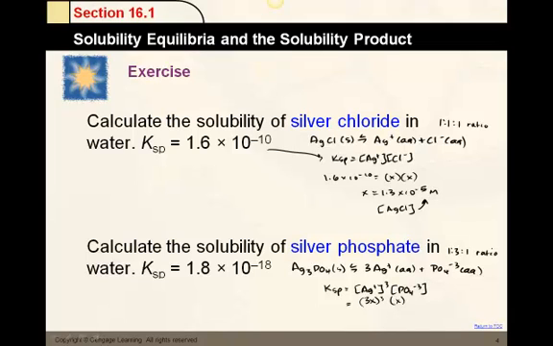When you work this out, and of course this equals 1.8 times 10 to the negative 18, you will get 27x to the fourth equals 1.8 times 10 to the negative 18, and x equals 1.6 times 10 to the negative 5 molar. And that's the maximum concentration Ag3PO4 can be to be